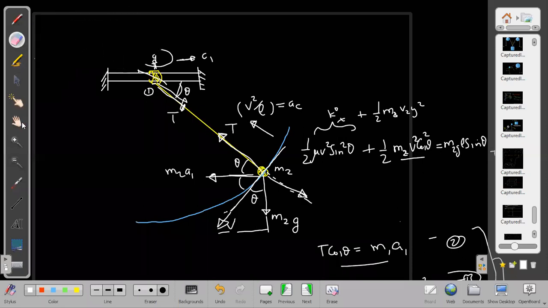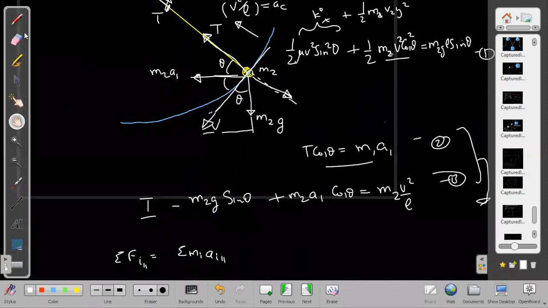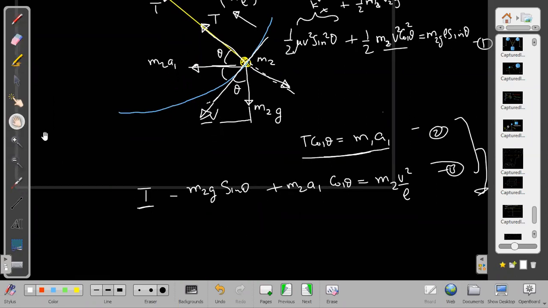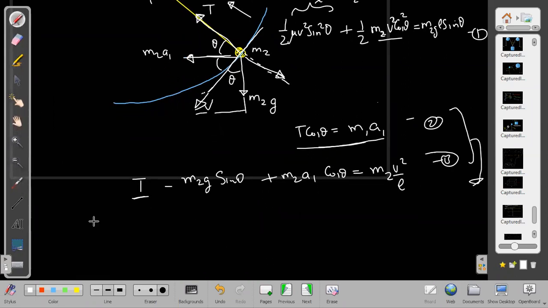Anyway, this is also not that tough a task. If we are not able to avoid it, is it tough? It is not that tough. T cos theta is just m1 a1, and from here also we are getting. So I recommend you solve it in 3 equations. One equation we cannot avoid, which is the conservation of mechanical energy equation. We cannot avoid it, otherwise we will not get V.